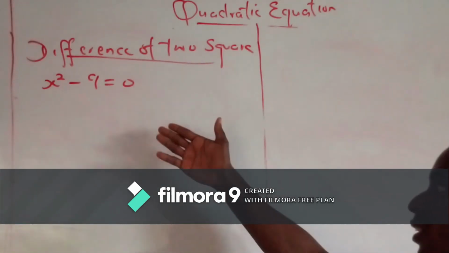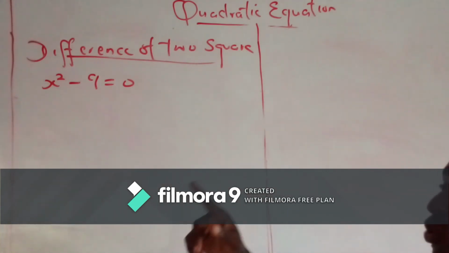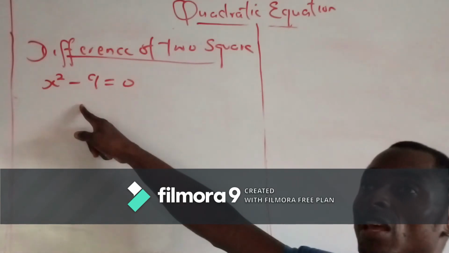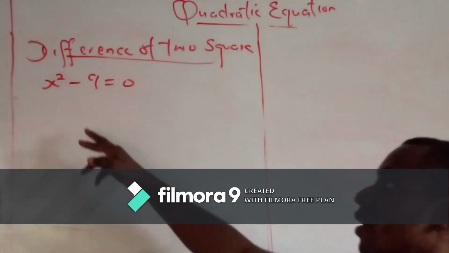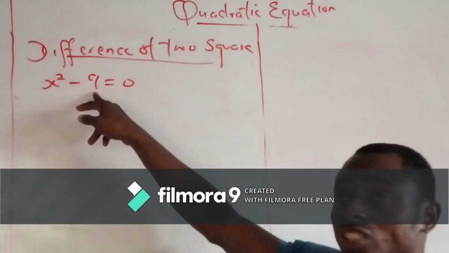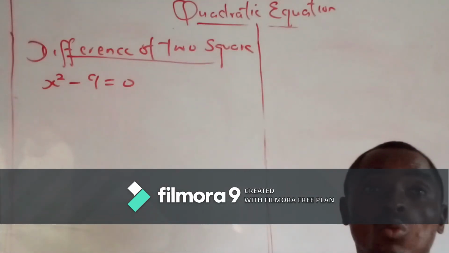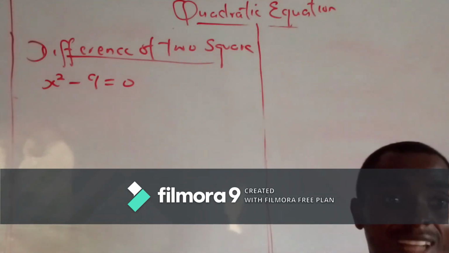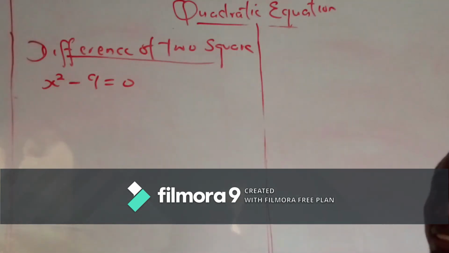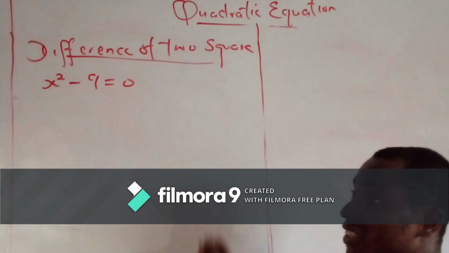This is the third form of quadratic equation, which I told you is called difference of two squares. Please take note. If the sign here is a positive sign, then it is not difference of two squares. For it to be difference of two squares, this constant must be a perfect square, that is a number in which you can find the square root, like 1, 4, 9, 16, 25, 49, 64, 100, 121, 144, etc. To solve this, very simple.